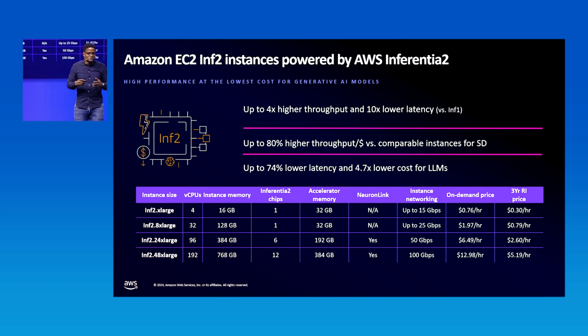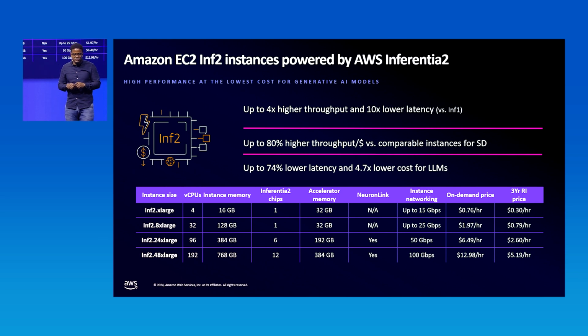Now, let's shift gears to look at the key features and benefits that make the AWS Inferentia 2 a suitable platform for deploying your large language models and diffusion models. Compared to the Inferentia 1, they offer 4x higher throughput and 10x lower latency and support larger models. For image generation on Stable Diffusion, you can achieve up to 80% higher throughput per dollar. And for your large language models, on average, you see 74% lower latency and